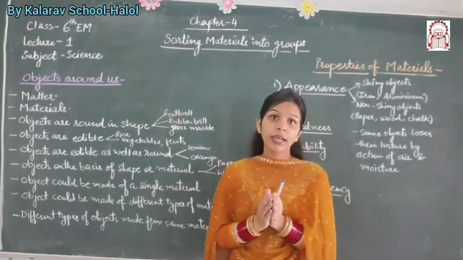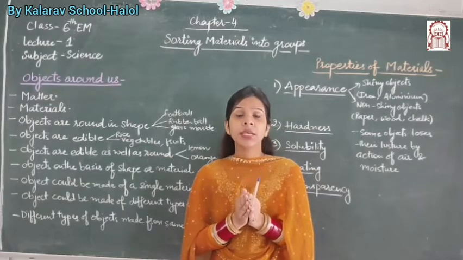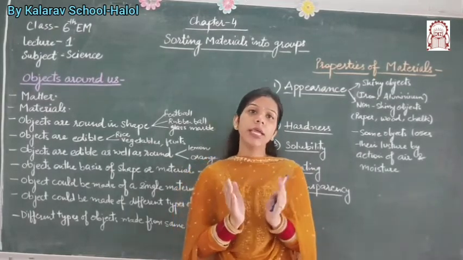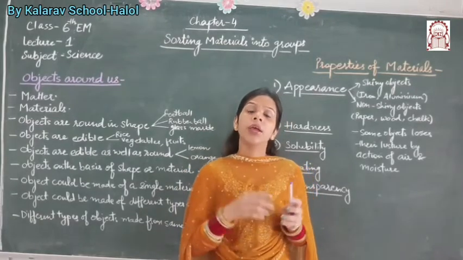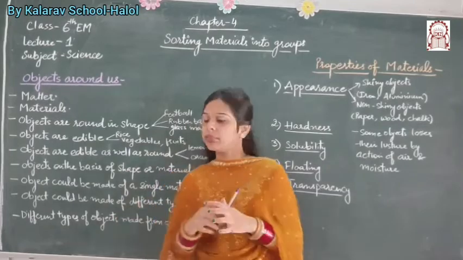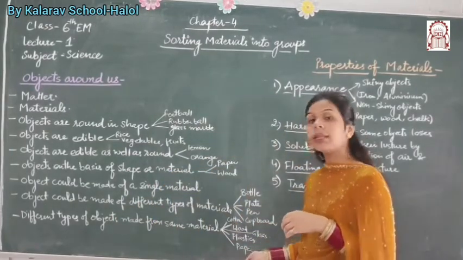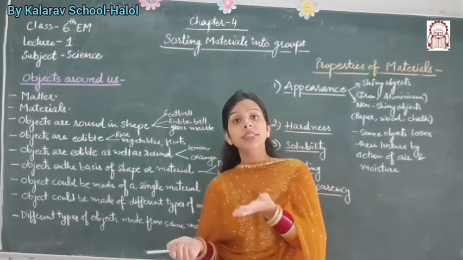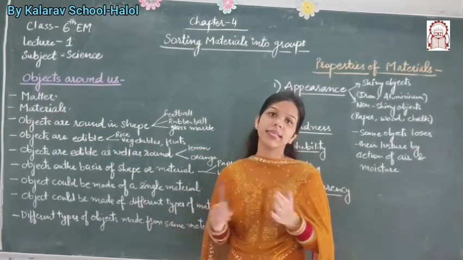A food container, pipes, electrical switches, fan. So different types of material are used for making different types of items. So here is another example, that is paper. Paper is used to make newspaper, books, notebooks, magazines, etc.